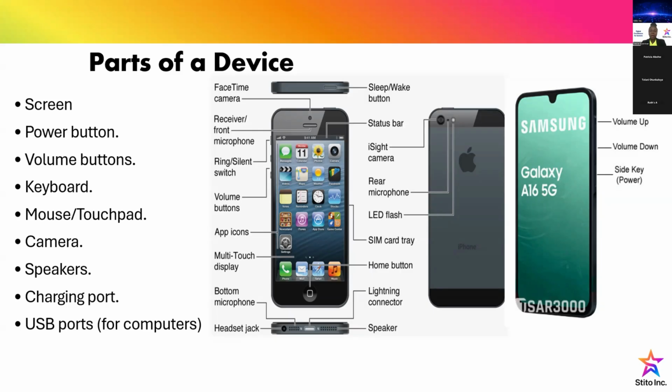The next one we have is the power button. Sometimes on some phones, it is by the right side. For some Androids, it's by the right side. While on some other phones, I think iPhone and some others, as we could also see in this image, the power button for some is on the left.